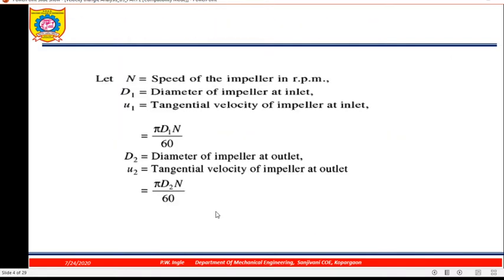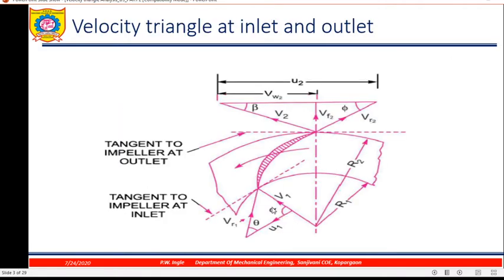So the figure shows the velocity triangle. You see here, alpha angle is 90. This is V1, this is U1 and this is VR1. Now you see here, the water will be flowing like this, correct? So the exit velocity is VR2, but the rotor is rotating like this. This is very important. Here this is U1, this is VR1 and this is V1. VW1 is 0. So V1 equals VF1.